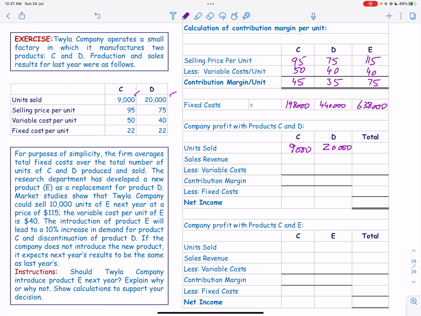The sales revenue will be 9,000 times 95, that is 855,000, and 20,000 times 75, that is 1,500,000. So the total will be 2,355,000. The variable cost is 50 times